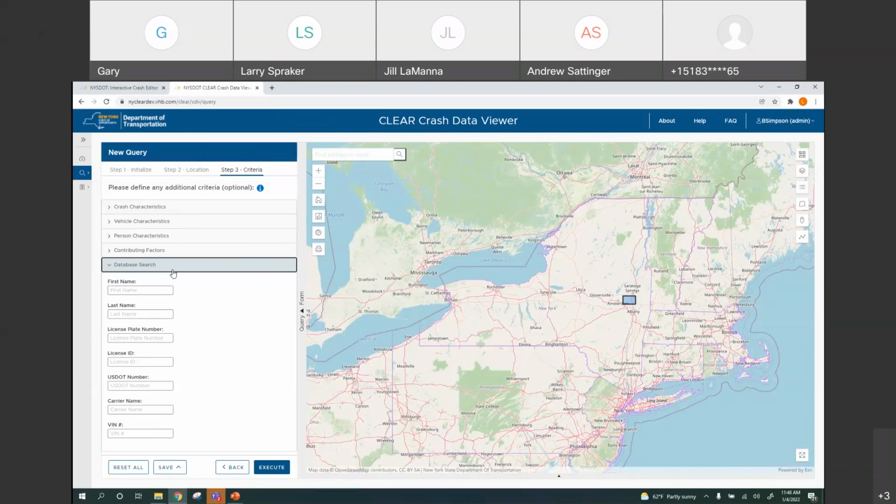Yeah, it's kind of like a FOIL role that we set up. So just a few people have the CDV role, and then you'd have to have this role on top of that. And then that whole little accordion panel there, database search, is only visible to that person. Yeah. So if she doesn't need access to actually do any of the SafetyNet stuff, then she could just have